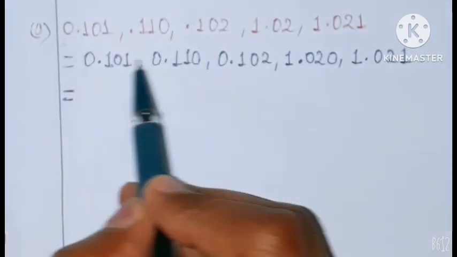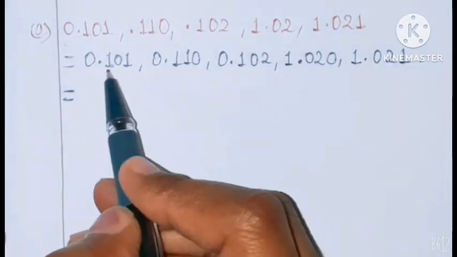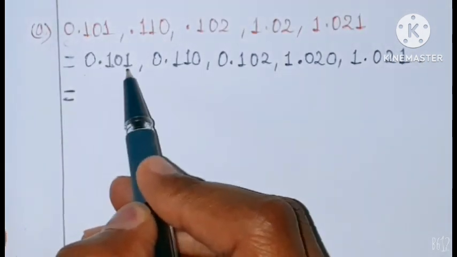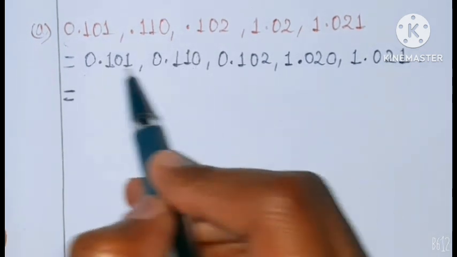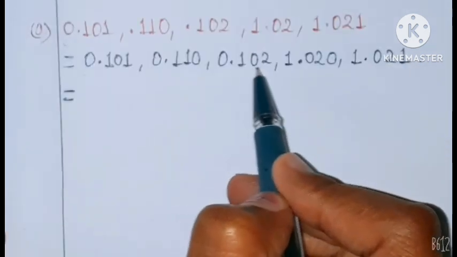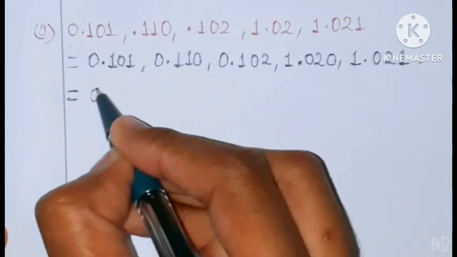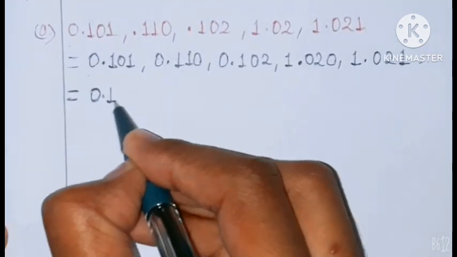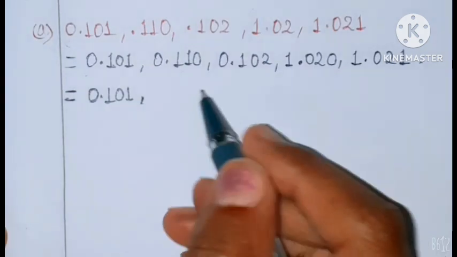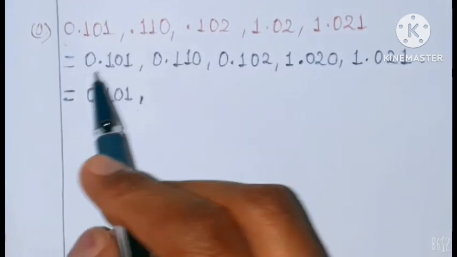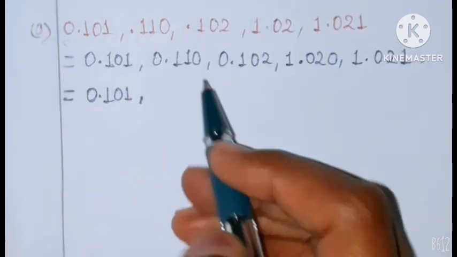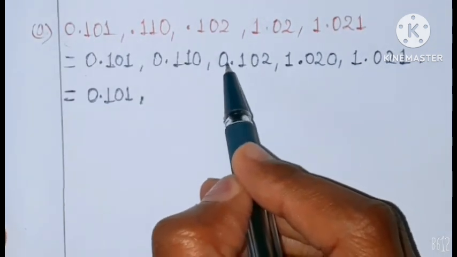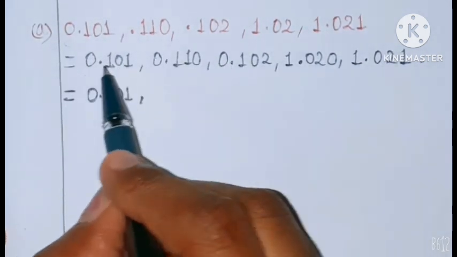So which is smallest in all of them? 0.101 is smaller than 0.110, and it is also smaller than 0.102. So we will write 0.101 first. We only have to compare all three of them, because 0 is given before them only in this question,